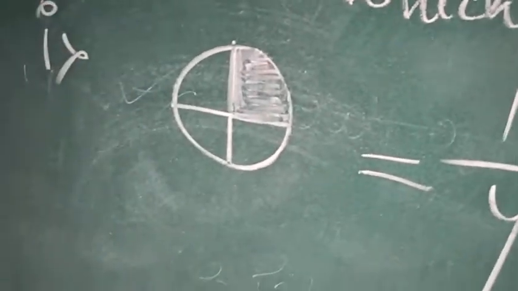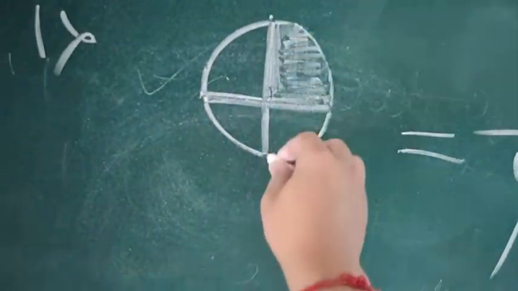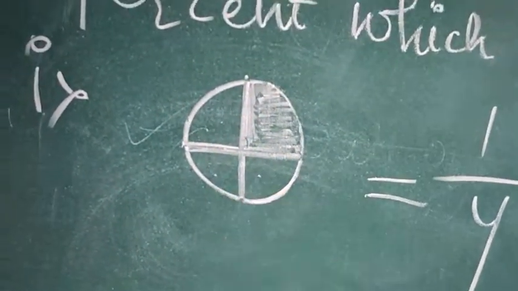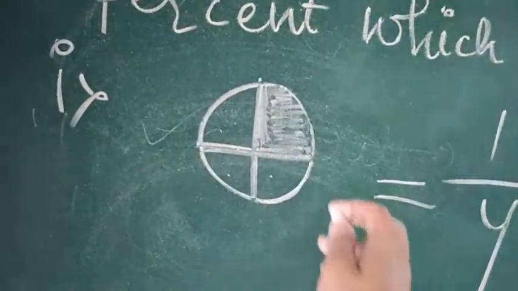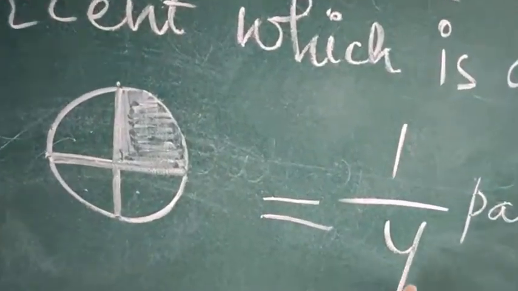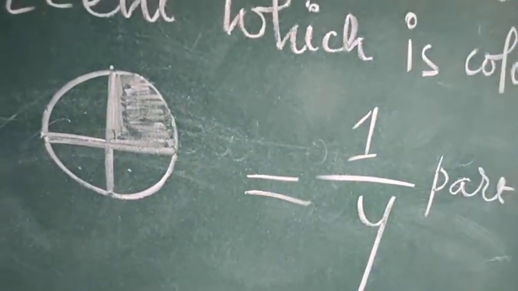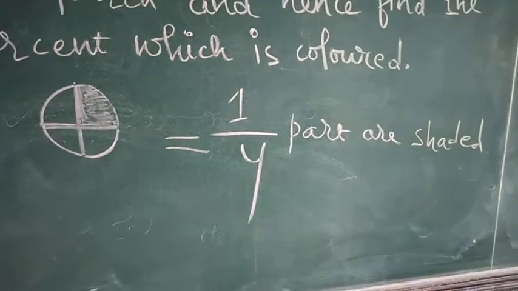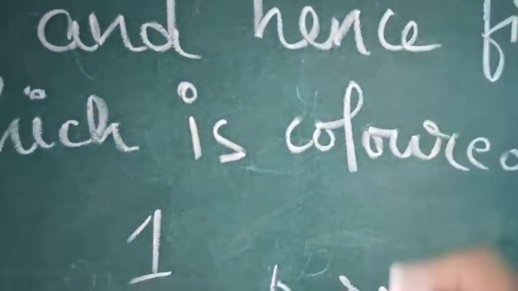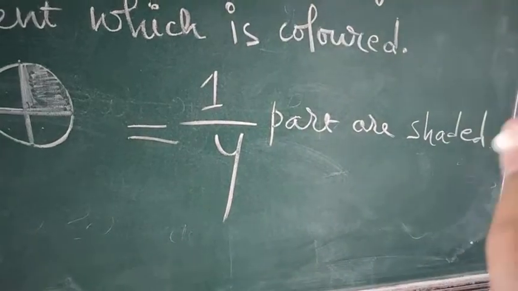So all you have to do is just elongate this part, just divide this part, 1, 2, 3, 4. Total in a circle you will get 4 parts. Okay, while making your pie chart also you have drawn in such a way only. So out of this 4, only one part is shaded. This is 1 by 4. So you can say 1 by 4 part are shaded in a circle. Now we have found what part of the figure is colored. So you can write 1 by 4 part are shaded or colored.